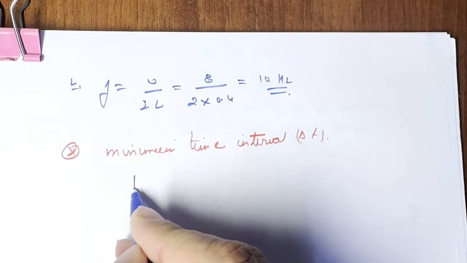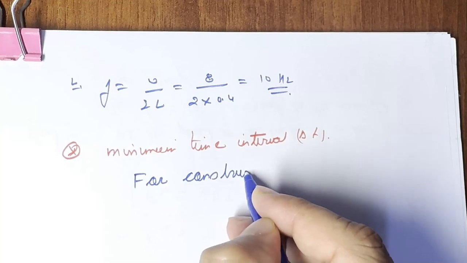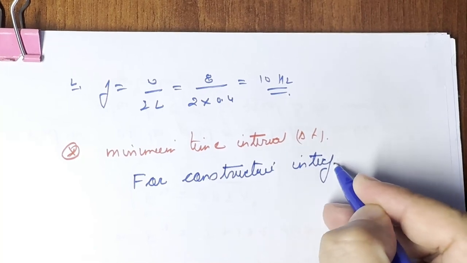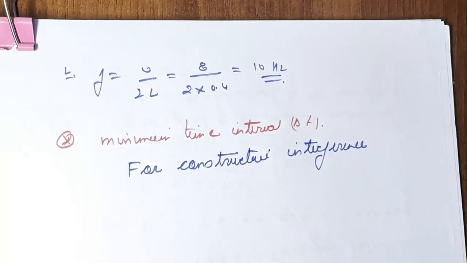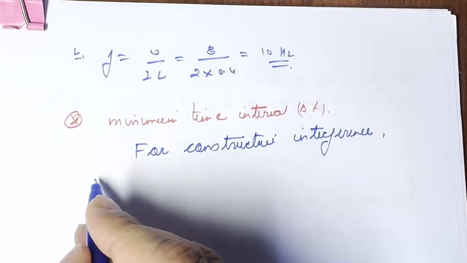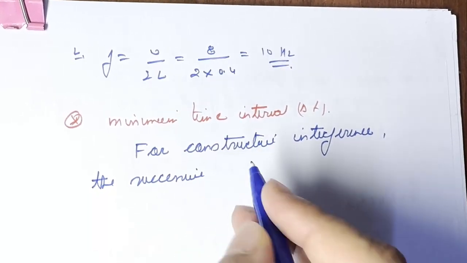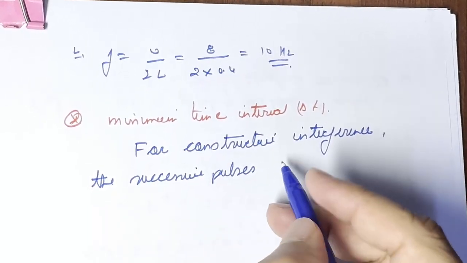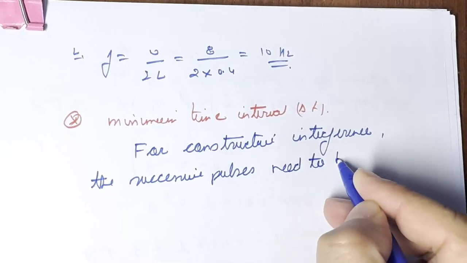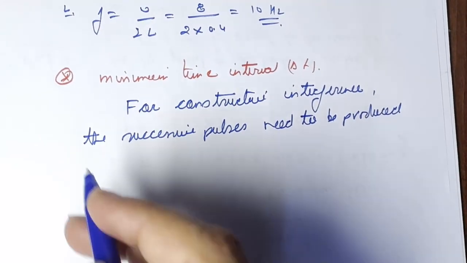So for constructive interference, the successive pulses need to be produced in such a way that